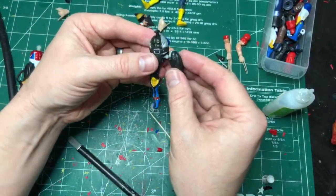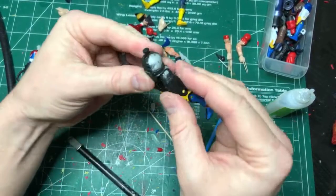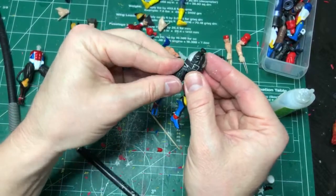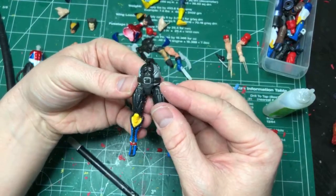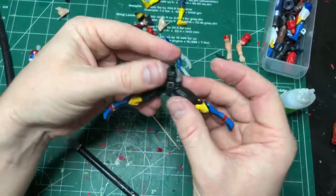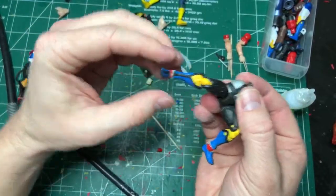So now I'm going to carefully, being careful not to split it apart. Oh, and I split it. See? Should have made it wider. Oh well. But it's on there. So I'll probably take these in just a bit more so that you have a cleaner line coming down the side of the torso here. But in general, a really good range of motion, both front and to the side. So this dude's gonna be able to pose